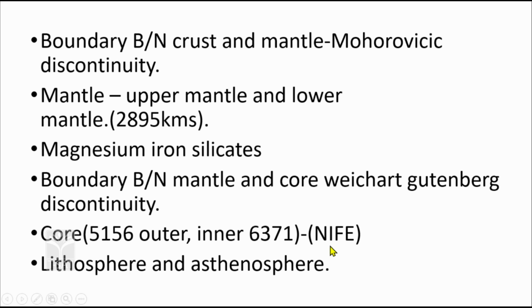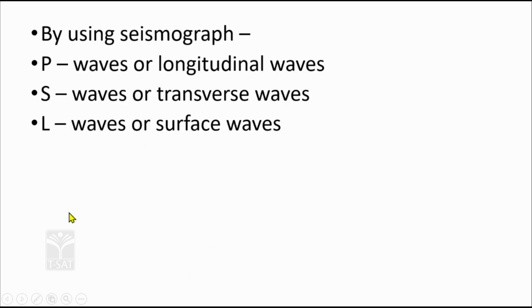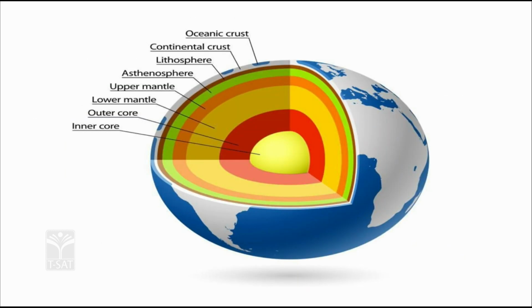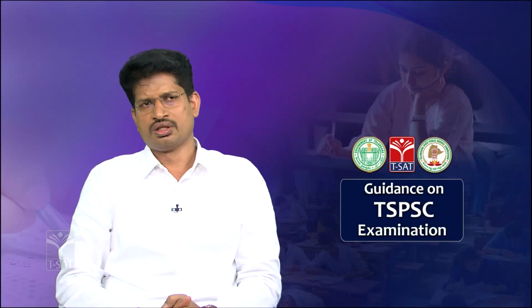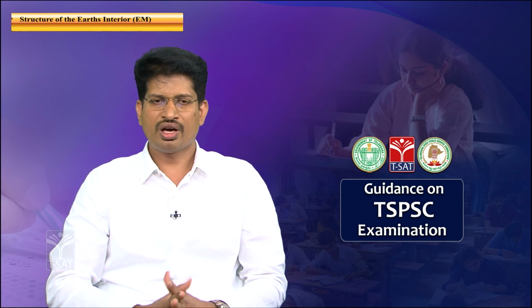Ni stands for nickel, Fe stands for ferrous. This is the composition of the core of the earth. As far as the state of the core is considered, the outer core is considered a liquid and the inner core is considered solid. But to the known human knowledge, no material can withstand a solid state at the existing temperature and pressure conditions. But it is behaving as a solid.